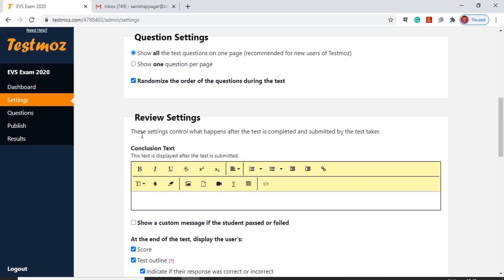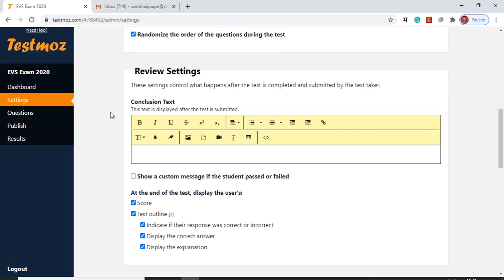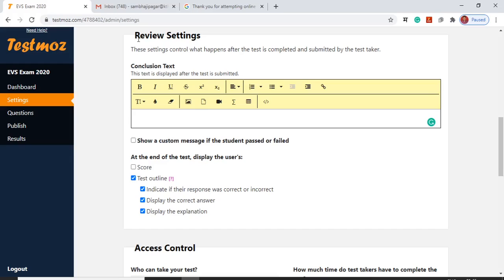Here we can see this setting controls what happens after the test is completed and submitted by the test taker. We can add a customized message. So in this review setting, this setting controls what happens after the test is completed and submitted by the test taker. Here we can set the conclusion text. This text will appear after the test is submitted.